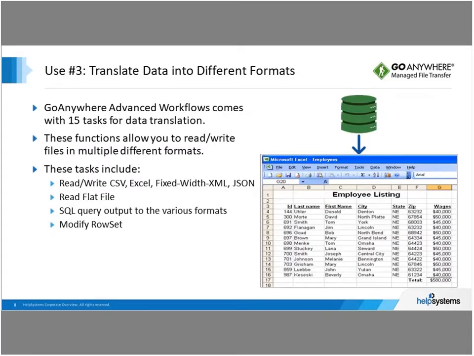All right, moving on to number 3, translating data into different formats. Now this one, GoAnywhere Advanced Workflows, comes with 15 different tasks for data translations. Now these functions can allow you to read and write files into multiple different formats. If you're looking at a couple of examples, and we'll look through this in the Project Designer window, the read-write of CSV, Excel, fixed width, XML, JSON type files, reading in flat files, or maybe an example we'll look at,